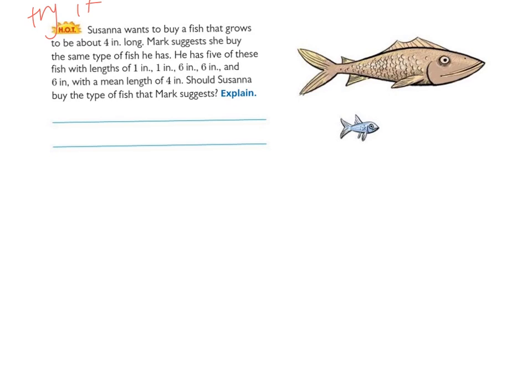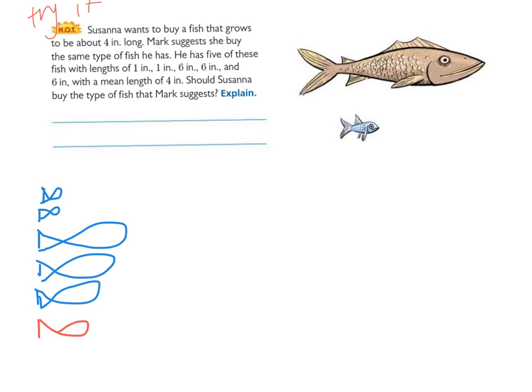Okay, so I'm sure that you came up with some good way to explain this on your own. I'm going to just draw a little bit of a picture. So Mark's like, well, my fish is on average 4 inches because I have one fish that's 1 inch. These are my little fishes. Another fish that's 1 inch. And I have 3 fish that are 6 inches. Whoop. These are my very funky looking fishes. Now, Susanna just wants a 4-inch fish. She doesn't want a 6-inch fish. She doesn't want a 1-inch fish. So it sounds like this would not be a good type of fish for her because the average is not really a good measure. So no,